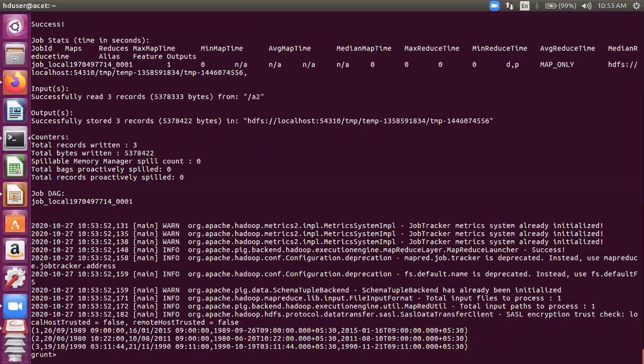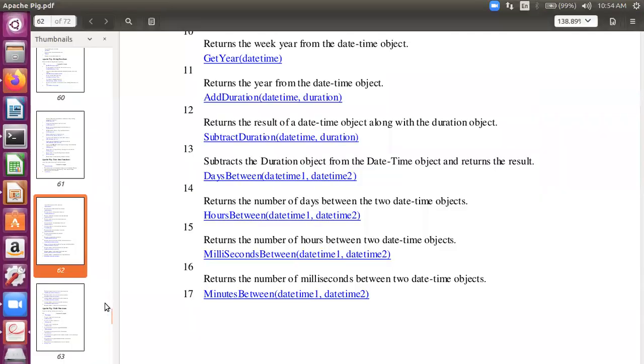Good enough. We can see now the dates have been converted. Now it's an easier task for us to project the things that we want in shape of functions. So let's look for one thing that is left, add duration. That's very interesting. We'll do that last in these functions.